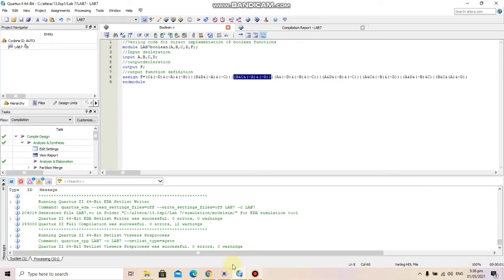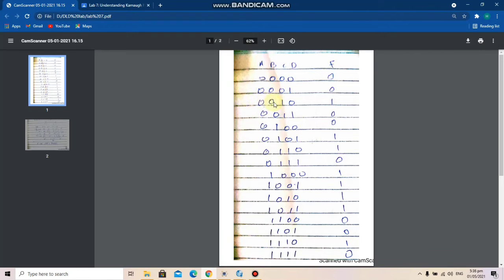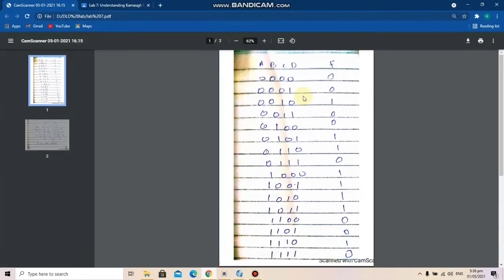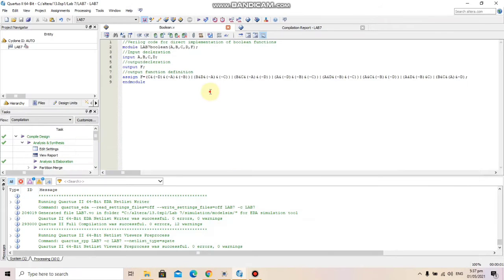So now let me show you some. Like the first statement, A naught, B naught, C, D naught. So we can see here A naught, B naught, C, D naught is the first one. Now let's look at the second one, A naught, B, C naught, D. So here we can see A naught, B, C naught, D. So similarly all the 8 functions are created, and they are being added by an OR gate in between them. So now let's run this.